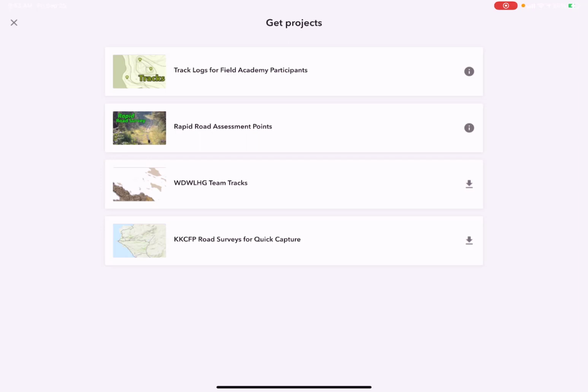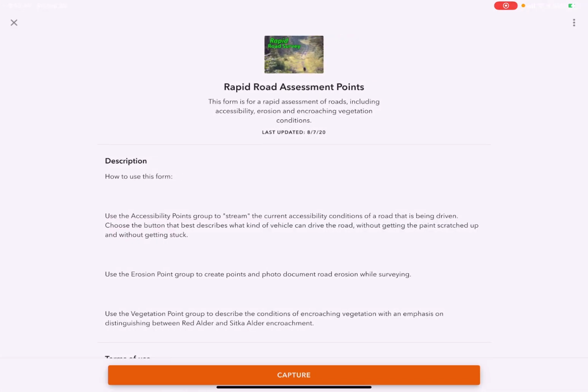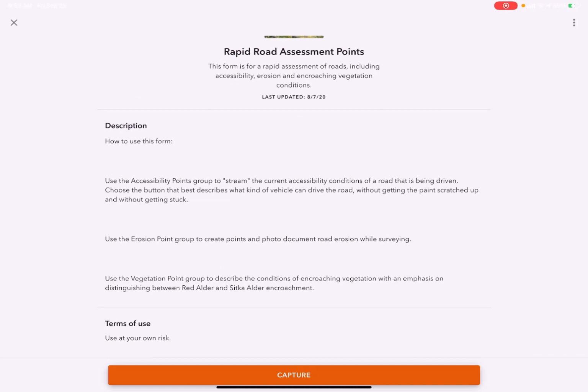Once it's downloaded, you now have, instead of an arrow, an I, the letter I. That means information can be seen, and if you tap on the information button, you'll see the title of the form, a date for the last time it was updated, a basic summary of what the form is for, and then there's a description section,